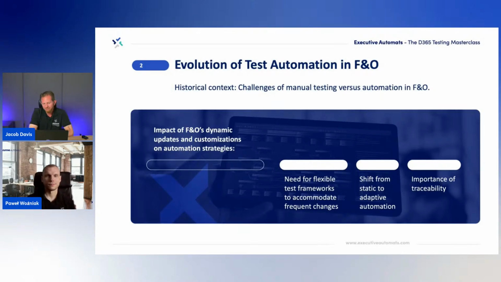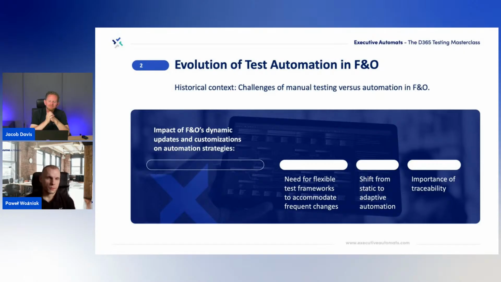All right, Pavel. Evolution of test automation in F&O. We know, both of us, going from manual testing being the main way of doing things to having test automation be the most important part of your testing program. So maybe you can talk a little bit about this evolution that we've seen. Yeah, so